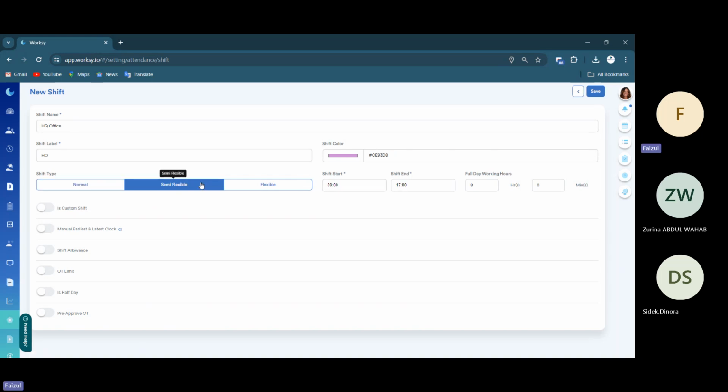Semi-flexi is, let's say, if you have any specific hours within the time frame, mostly used for office or retail. So this is for the semi-flexi. Okay, next is the